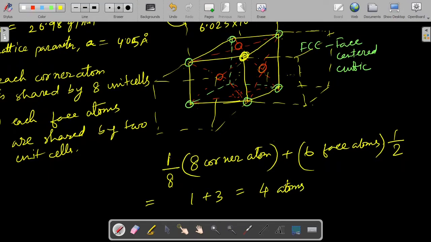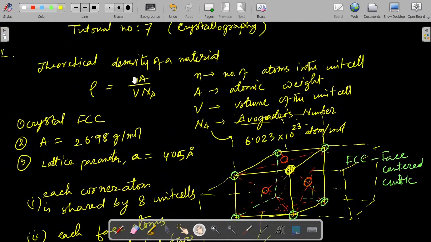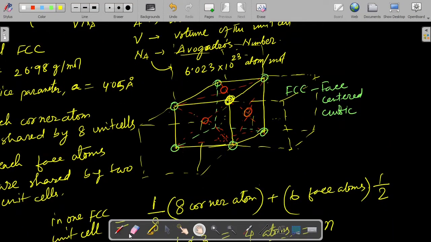So the total number of atoms in one FCC unit cell is 4. This is our N, which we will use in this formula. Now we are left to find the volume, right? The lattice parameter is given, which means